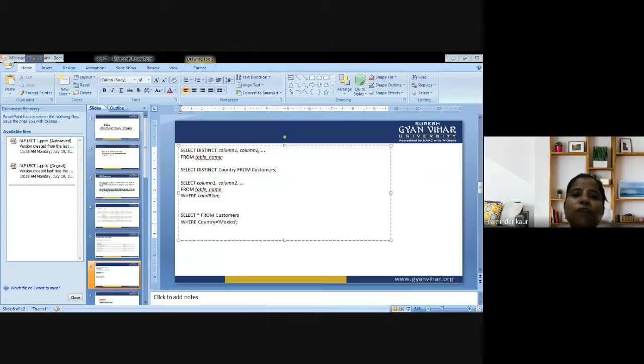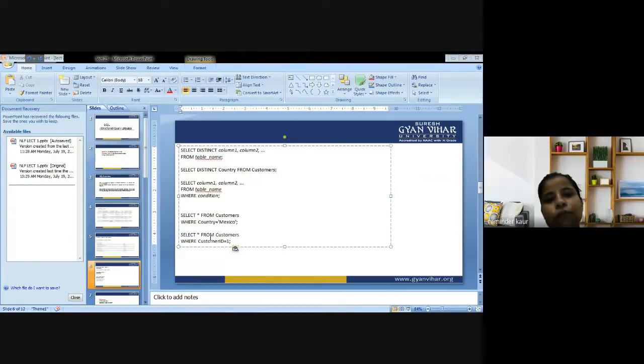However, numeric fields should not be enclosed in quotation marks. Let's say we have an example: SELECT * FROM customer WHERE customer ID is equal to 1. It will represent the record where customer ID is equal to 1.